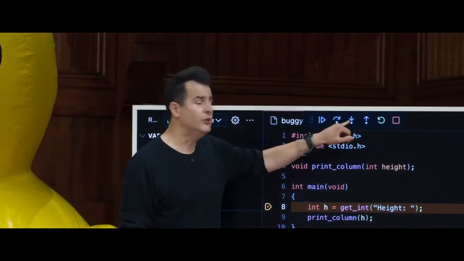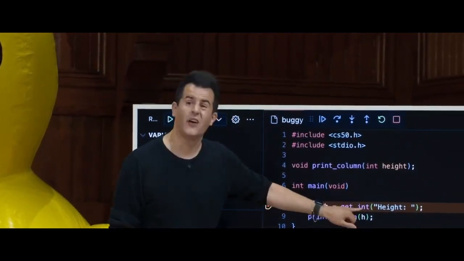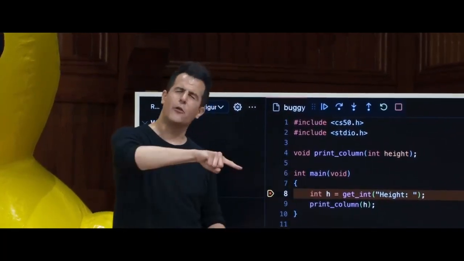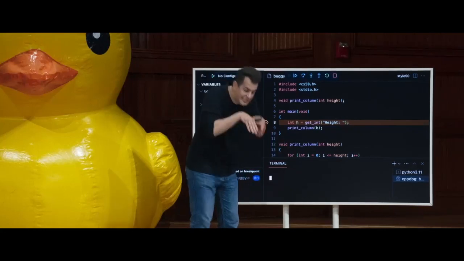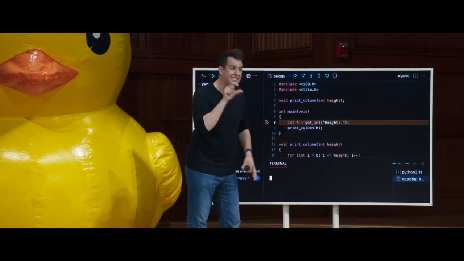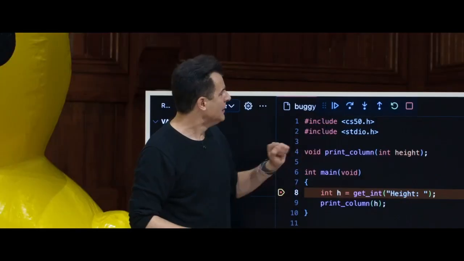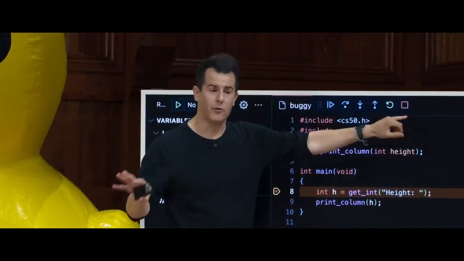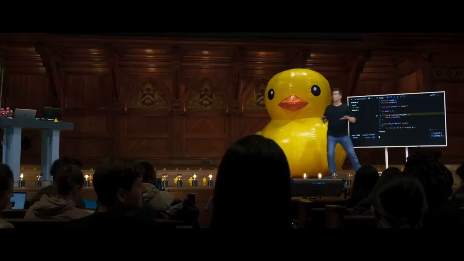Or I can step into this line of code and actually poke around the contents of getInt if it's available on the system. So conceptually, you can either execute this line, or you can dive down conceptually deeper and see what's inside of that function. Lastly, this will let you step out. This will allow you to restart the whole process, and this will just stop the debugger. So these buttons are going to be our friends.